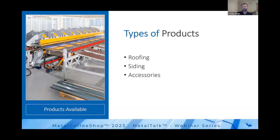Now, if we circle back to the beginning of the conversation, I talked about metal roofing and going after roofers, right? And when I said I'm going to shy away from the metal pole barns and the ag buildings, right? And I talked about the Kynar, the coating on the material. When you go to R panel, typically it's going to be made from a different material type. It's actually going to be made from a thinner material, 28 gauge, something like that. It's going to be made out of a lot of times grade 80 material. It's harder, and it's a